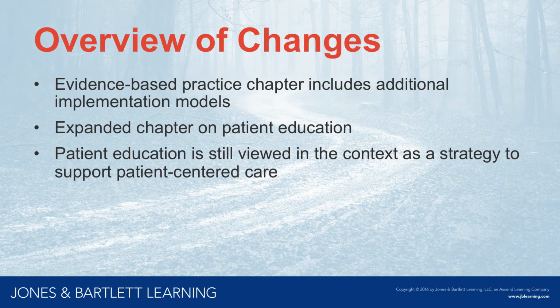The revised evidence-based practice chapter includes additional content as well, content related to the appraisal of research and appraisal of clinical practice guidelines, as well as additional implementation models. The chapter on patient education has been expanded to include the dimensions of patient-centered care and communication as a strategy to support patient-centered care. All of the content related to patient education from the previous edition is still in this